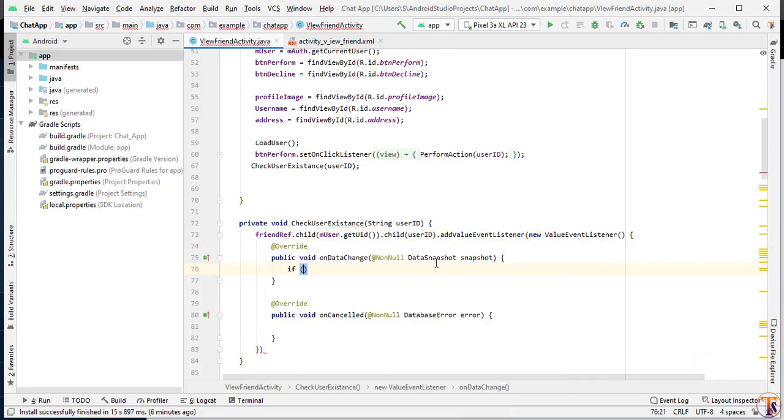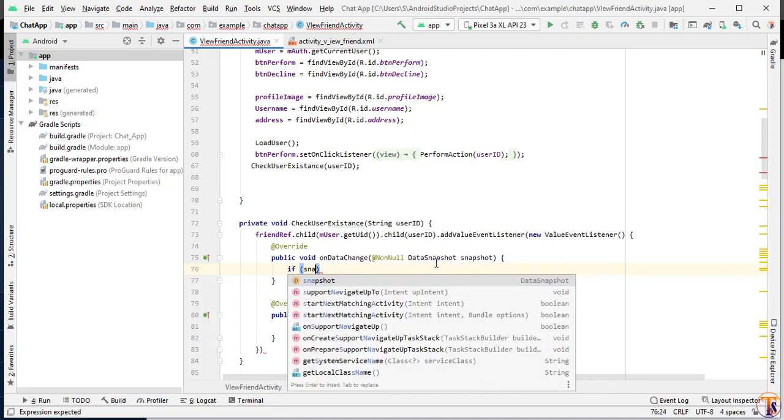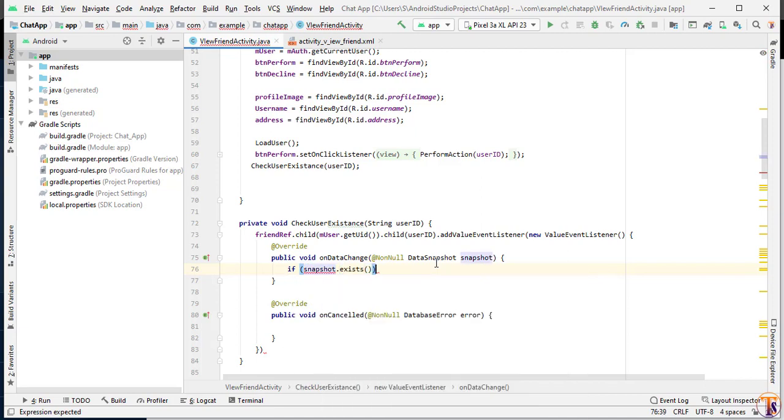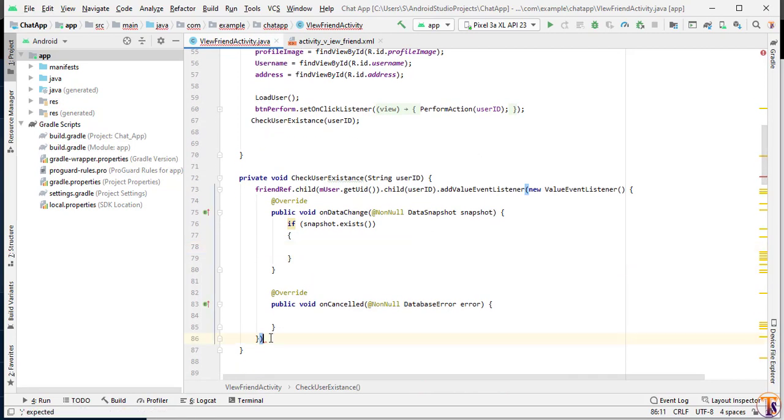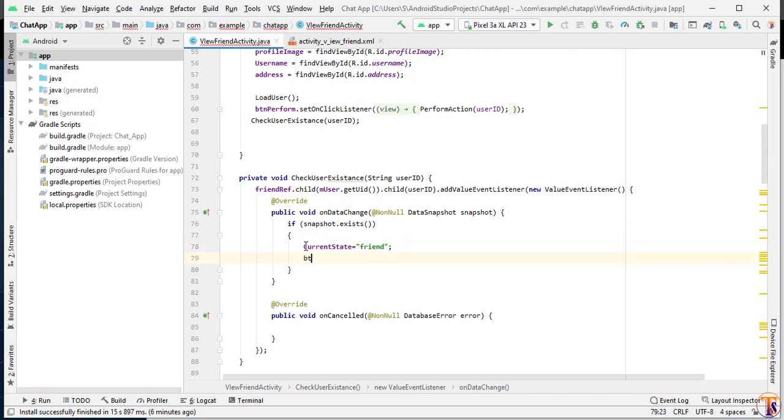Here we will check if data snapshot exists. Snapshot dot exist means we are already friends. If data is available in our Firebase, then it means we are already friends, so we have to change our state. Current state equals friends. Now btn perform dot set text, and here we will change the text to send message, or whatever you want.